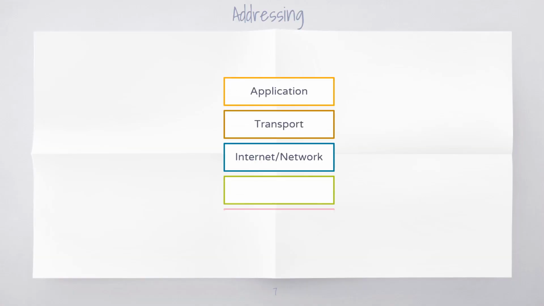So these are the 5 layers we have, and these are the data units at each individual layer. At the application layer, the data unit is referred to as a message, and at the transport layer, based on the protocol used, if TCP is used, the data unit is referred to as a segment. If the user datagram protocol is used, it is referred to as a user datagram. At the network layer, the data unit is referred to as a datagram, or sometimes a packet. At the data link layer, the unit is referred to as a frame, and at the physical layer, the data unit is in terms of bits.